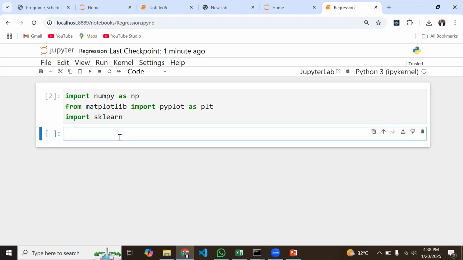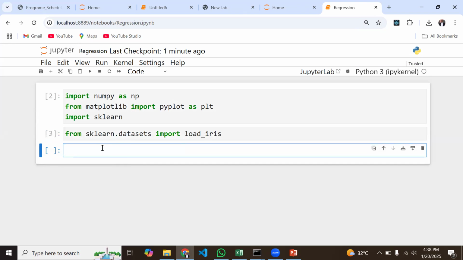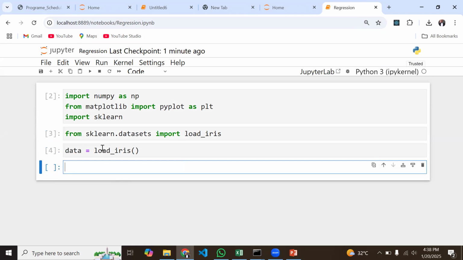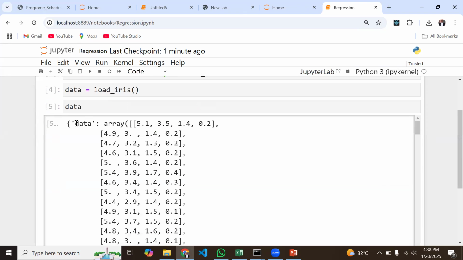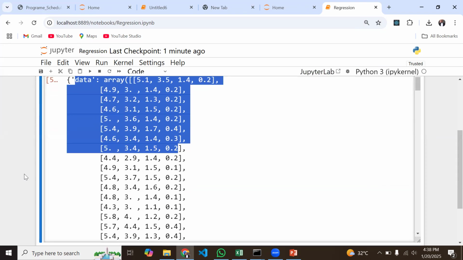Okay, I should have done this straight ahead. So let's look at the data set that you'll be working with. From sklearn.datasets, we want to import a data set. If we do load_iris, that's the name, and then data equals load_iris this way. The moment we do a preview of this, we see that yes, we have the data showing up over here, but then the output,